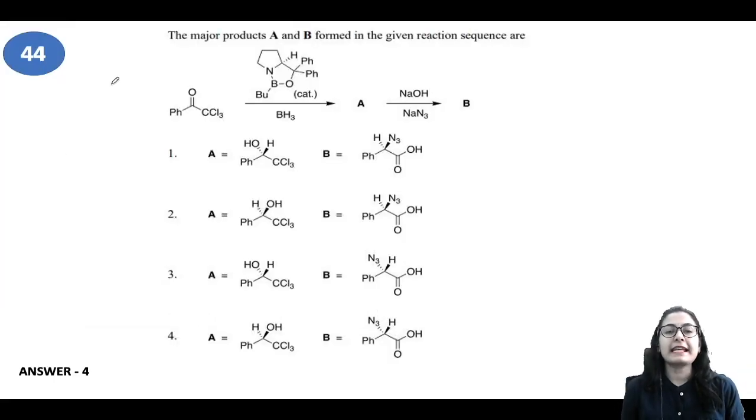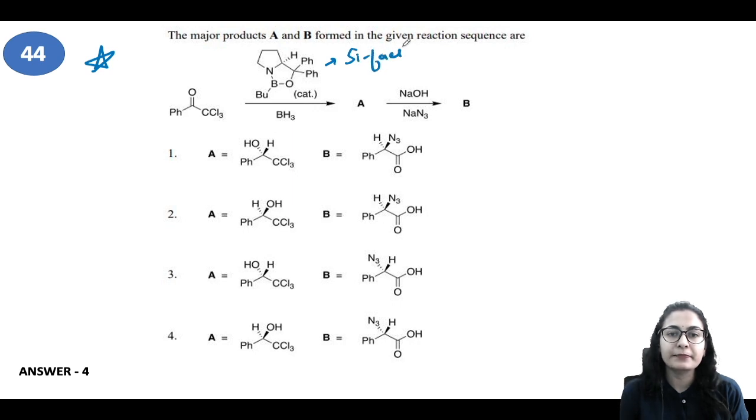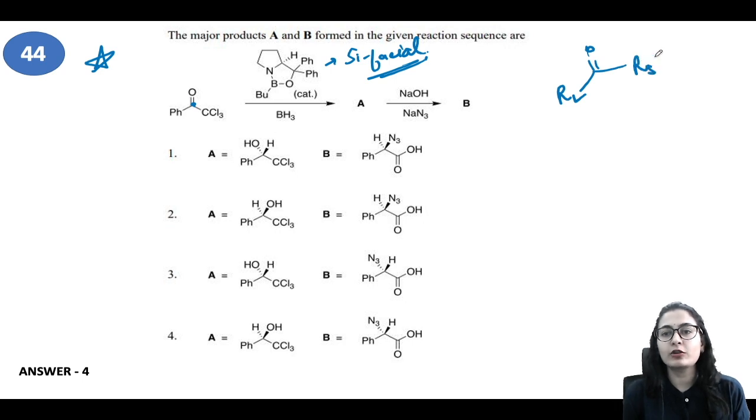Alright guys, so this next question is very important and it has been creating a lot of confusion among students. Now whenever you see the CBS catalyst, it is basically doing psi-facial reduction, isn't it? It is going to transfer the hydrogen on the psi face. So usually when we consider the short trick, we usually say that the largest group should be on the left bottom like this. All right, and the small group should be over here, such that we are automatically going to